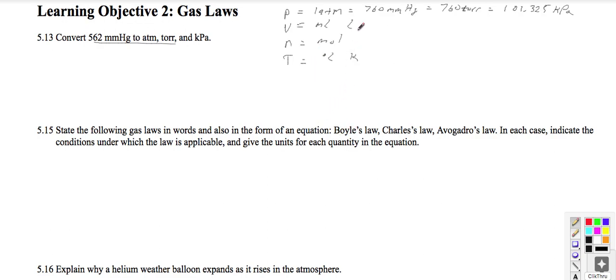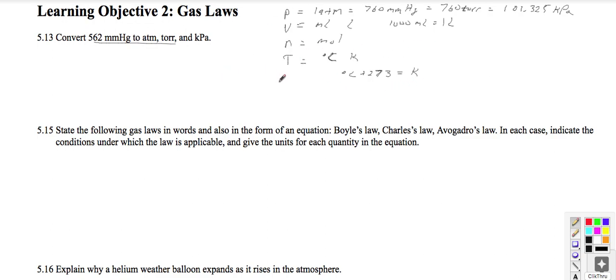Now, we want to first be able to do the conversions. Celsius to Kelvin is one that we're familiar with. We just take Celsius and add 273 to it, and that gets us our Kelvin. Milliliters to liters, we have 1,000 milliliters is equal to 1 liter. And then moles is just moles. So these are the different units that you need to be familiar with and be able to convert back and